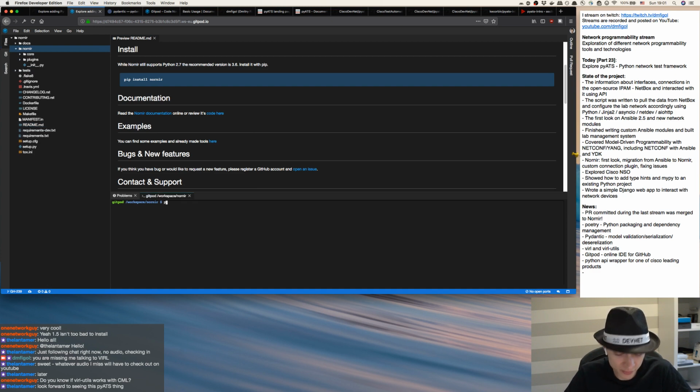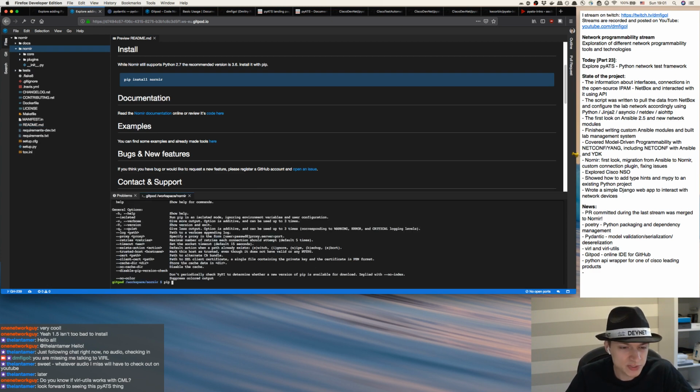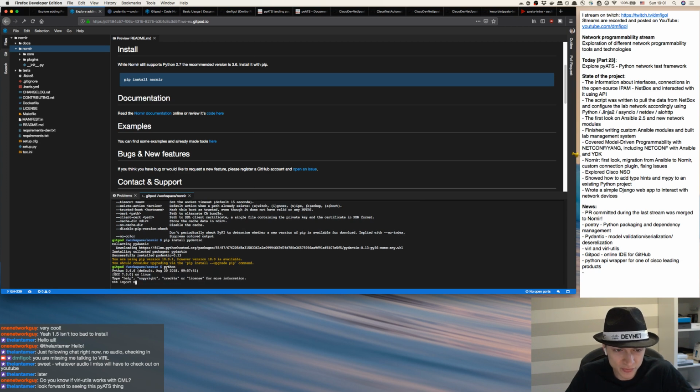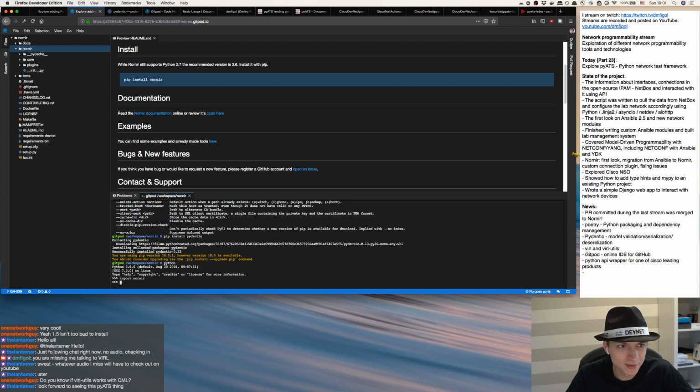Here you have your terminal, so you can pip install something, like pip install pydantic, for example. So I just installed pydantic in this container, and I can say Python, import Nornir from here directly,